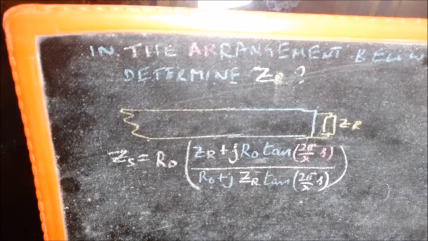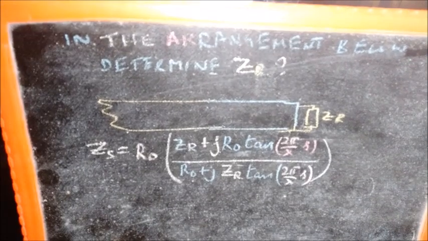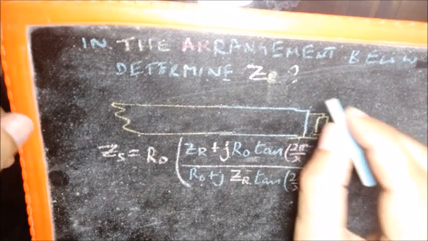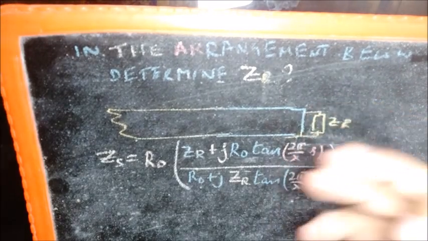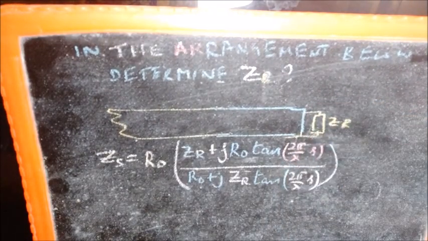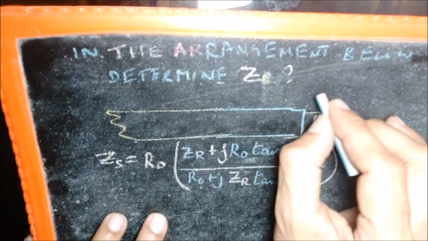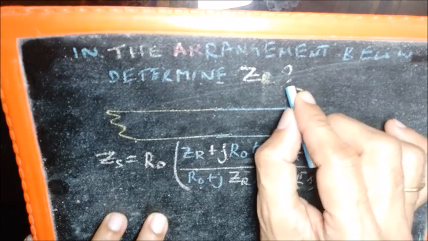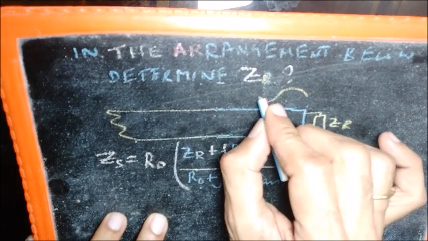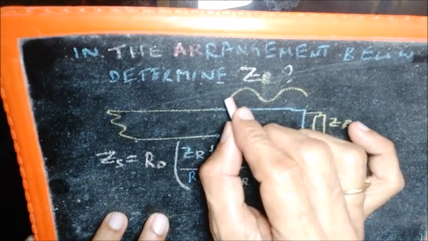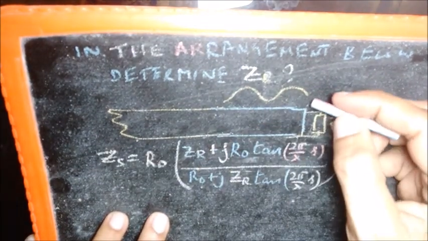So we are aware of this expression. Now let's say we have access to measure the minimum and maximum of the voltage amplitude, and let's say that the voltage amplitude is like this. I had explained earlier what we mean by this voltage amplitude, even with a simulation. So let's say the voltage amplitude is like this.